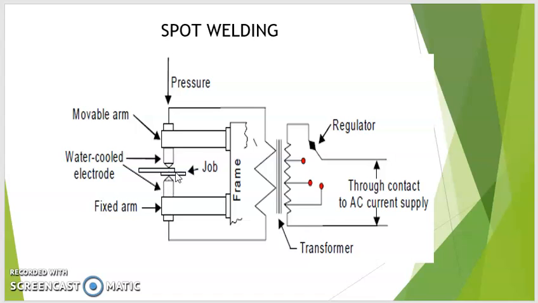So effective cooling of the spot is required. One purpose served by the water cooled electrode is the extraction of the heat from the spot weld formed, so that the spot weld solidifies. Secondly, it keeps the electrode cooled so that the copper electrode itself doesn't melt. So these are the two primary functions of using the water cooled electrode.